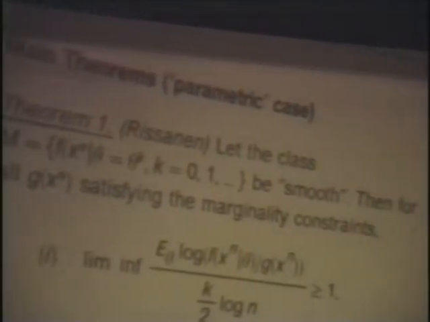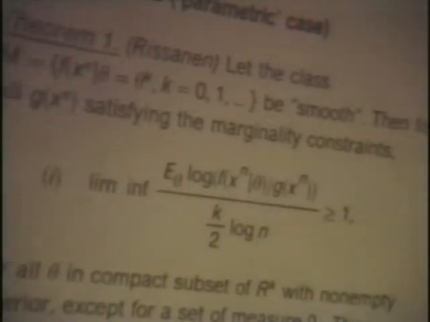What smoothness means, I don't need to go into here. There are reasonable conditions. Then this theorem says that asymptotically the best way of,